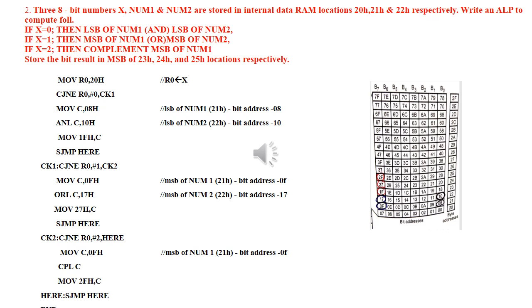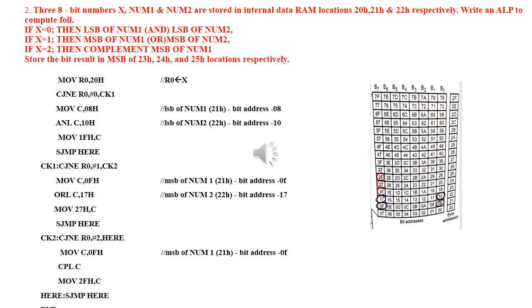That result you are going to move to the address 1FH memory location. This 1FH is the MSB bit address of the memory location with the byte address 23H. So in 23H, you need to store your result.